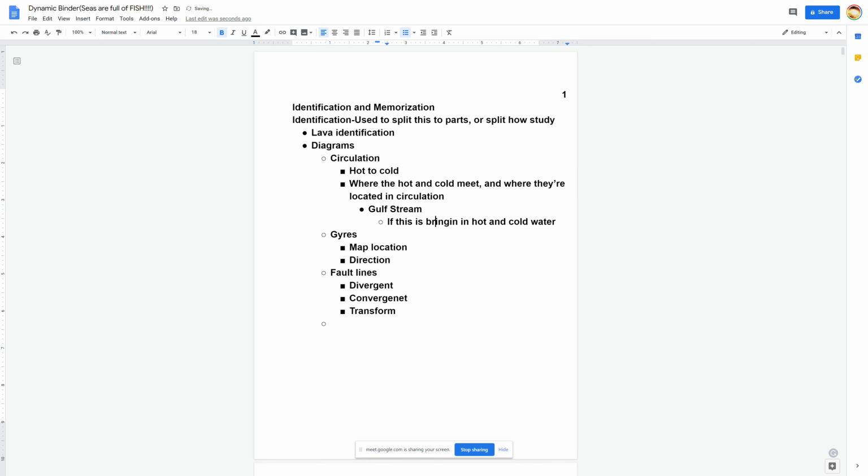That's one of those things that I believe you should know. It's not just the Gulf Stream, but your other types of streams too. You should know them, and that's pretty much what it goes for. Oh, diagrams. This is